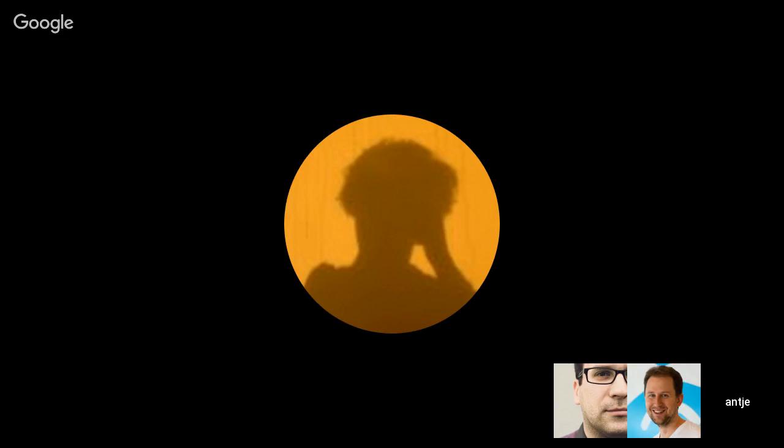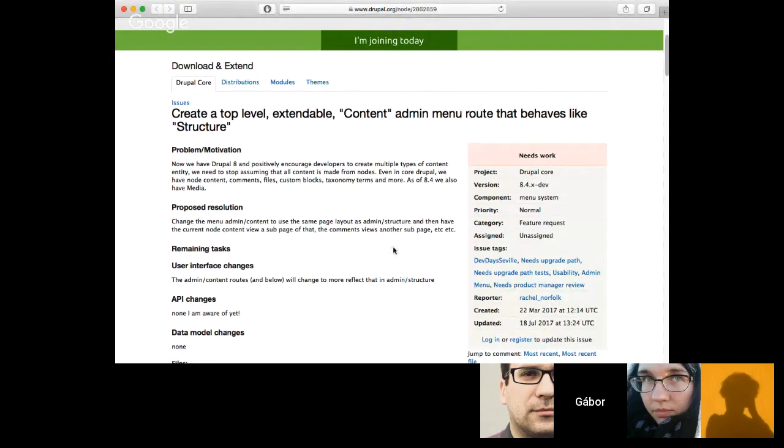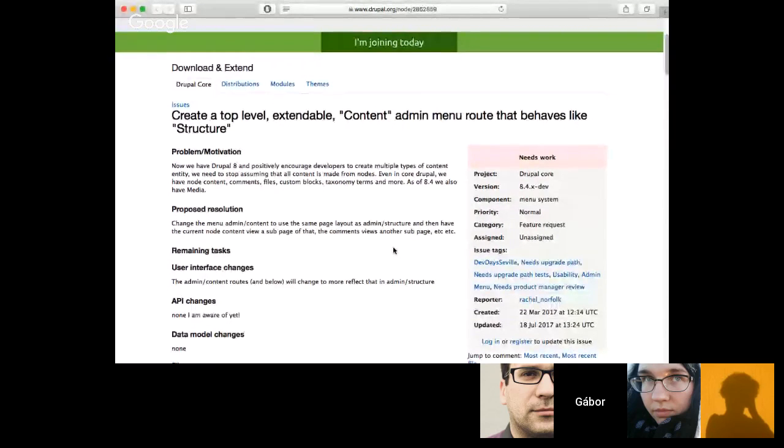Okay. I just posted the issue in the chat. That's 2862859, and it's called "Create a top-level extendable content admin menu route that behaves like structure," which is a very long title. Yeah, thanks. The problem that we currently have is that when you click on the content link in